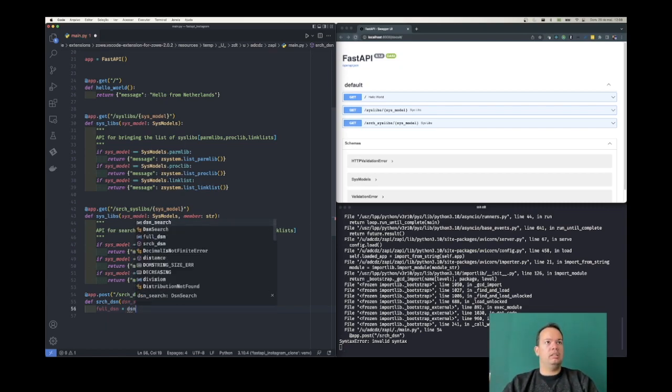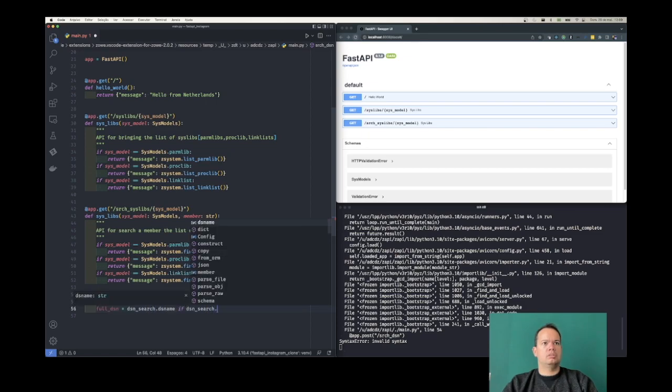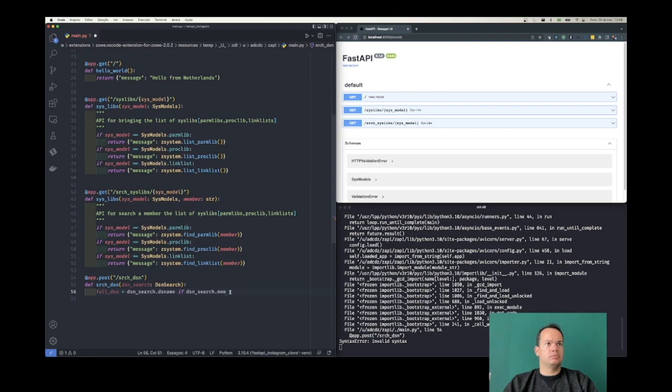So DSN search DS name if DSN search member, otherwise it will look like